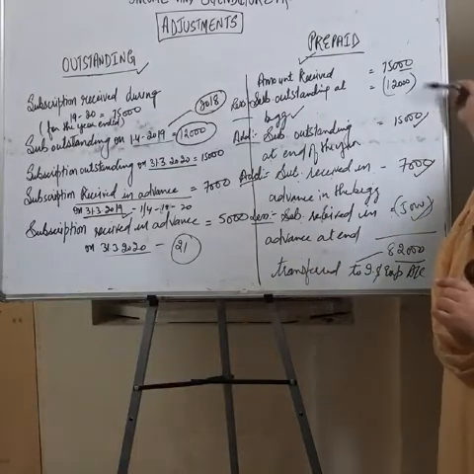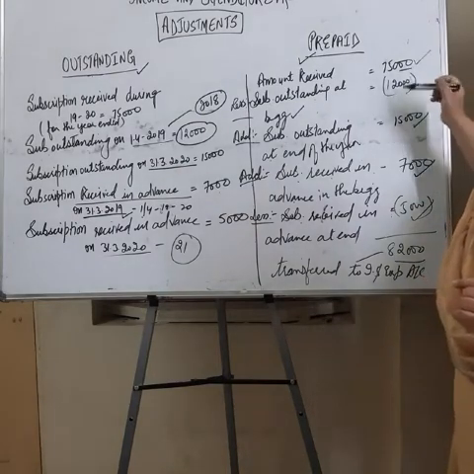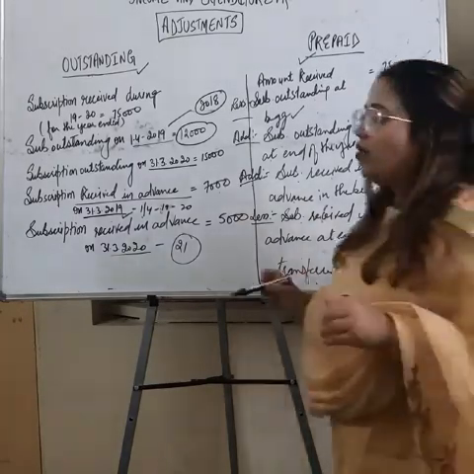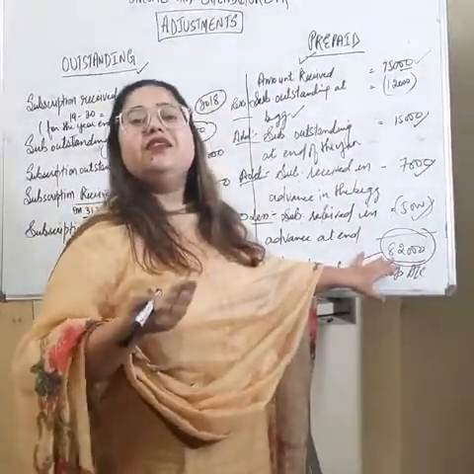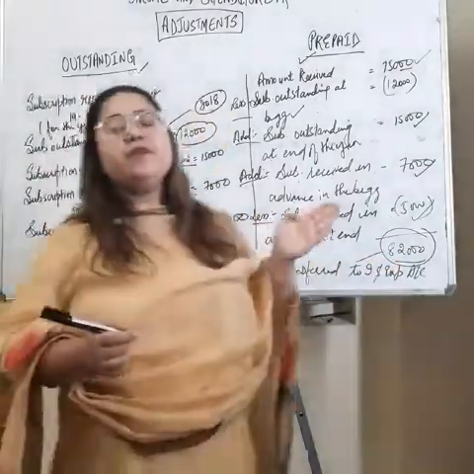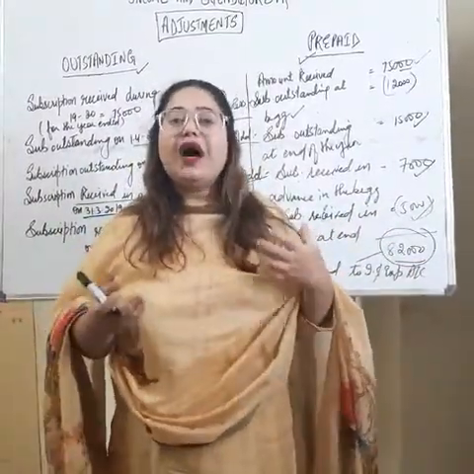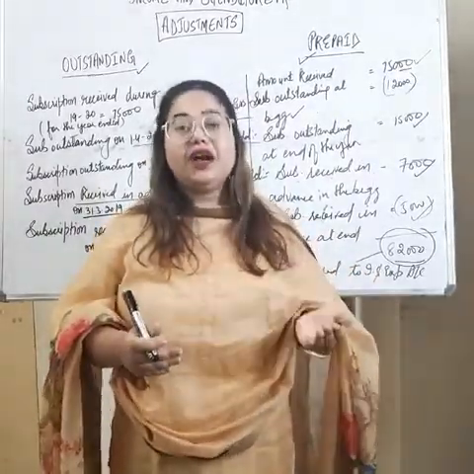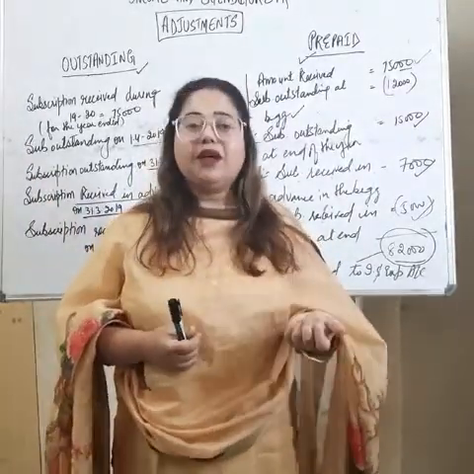So after adding 15,000 and 7,000 to 75,000, and after deducting 12,000 and 5,000, we got the balance 82,000. So this is the amount that we need to transfer to the income and expenditure account, right? This is how you have to recognize the amounts related to previous year, current year or next year. You have to add those amounts which are connected to the current year, and you have to deduct those which are related to a further year or which we have already received, right?